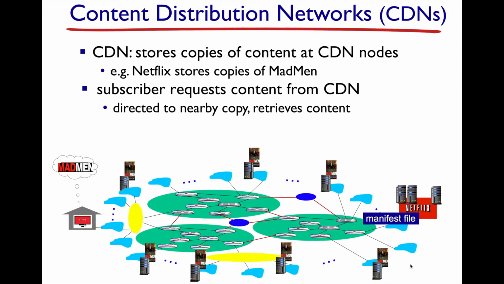So it asks for Mad Men from Netflix when you click on the video, and you download the manifest for Mad Men, and it has a bunch of URLs corresponding to different CDN server instances, as well as the chunks of different resolution versions of that movie. And then it makes a selection of a location on the CDN and then starts to stream this movie. All the while measuring the effective end-to-end bandwidth and switching if it needs to among different resolution versions, in addition to, if it has to, different CDN node instances located elsewhere on the network. Okay. Any questions about this?